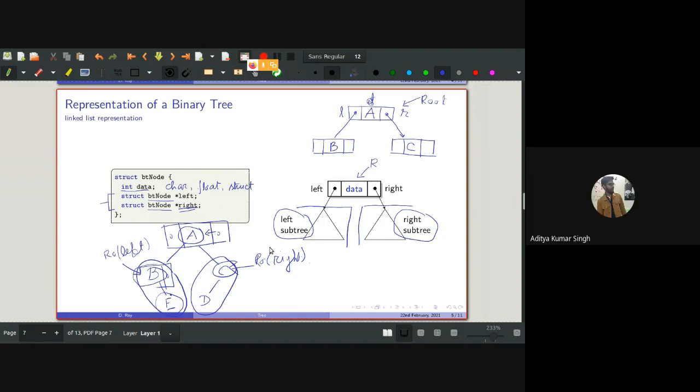Sir, one question. Yes, please. Sir, for an n-array tree, like for binary, if it is not a perfect binary tree, then some left or right node may point to null, right? Right.